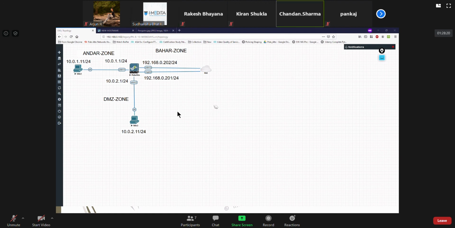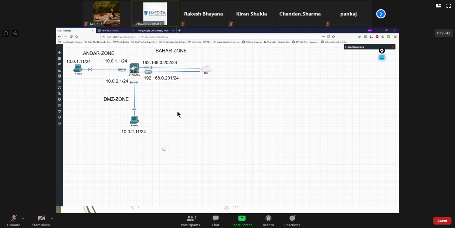For a single NAT policy, they have created two rules. First, we have created Bahar zone to Bahar zone, and then we have created the destination NAT for the internal 10.0.2.11, Win3.